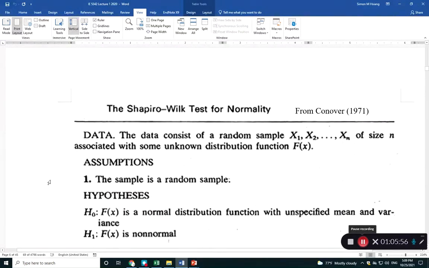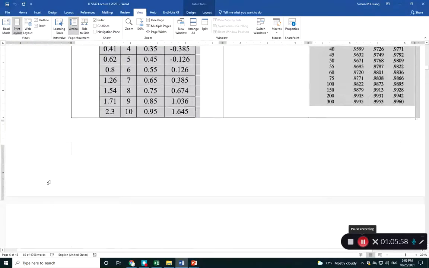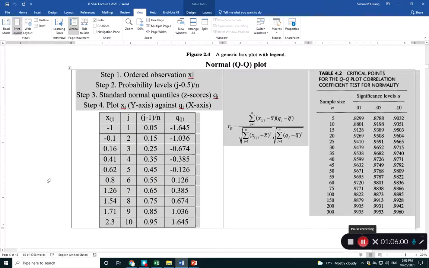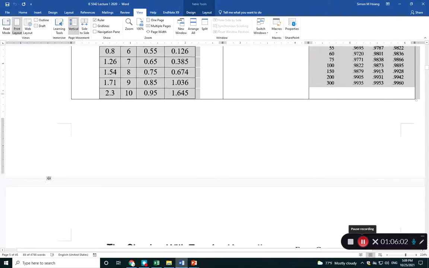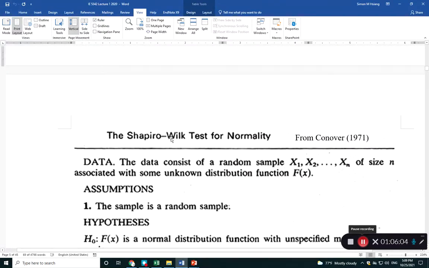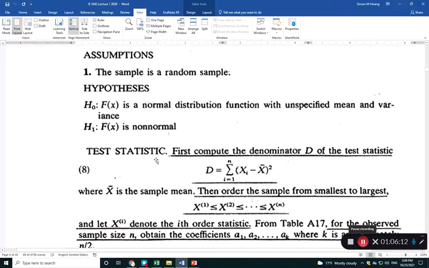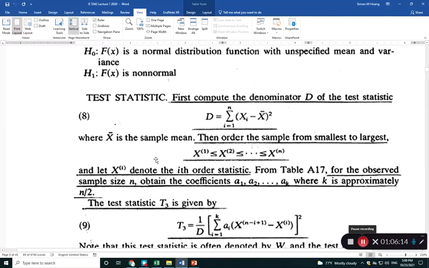Next. The Durbin-Watson and the QQ plot approach, people usually call the parametric approach. And then there is the so-called Shapiro-Wilk test for normality, and this time it's non-parametric. So the first thing you do is compute the denominator of the D statistic, and how you come up with that is using every